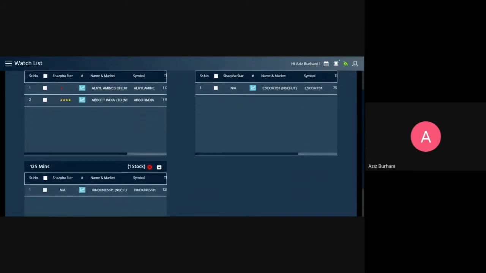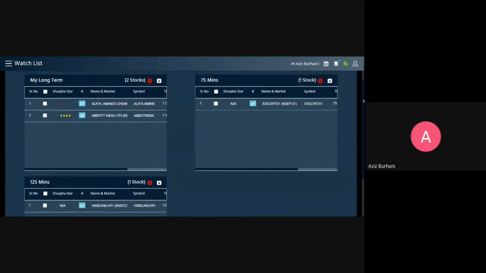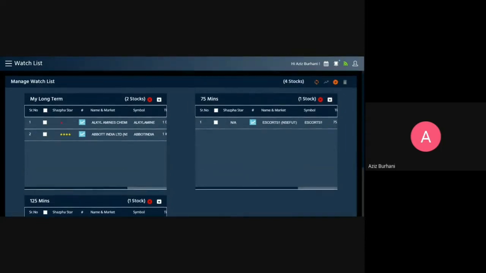So just like yesterday I told you, you can open charts from multiple sections in the software. Similarly, you can add to your watch list from multiple sections in the software. So you can add from the Shasva star scanner, you can add from the charts. In fact, it is much better to add stocks from the charts and the Shasva star scanner, and I'll tell you why. So I'll just delete